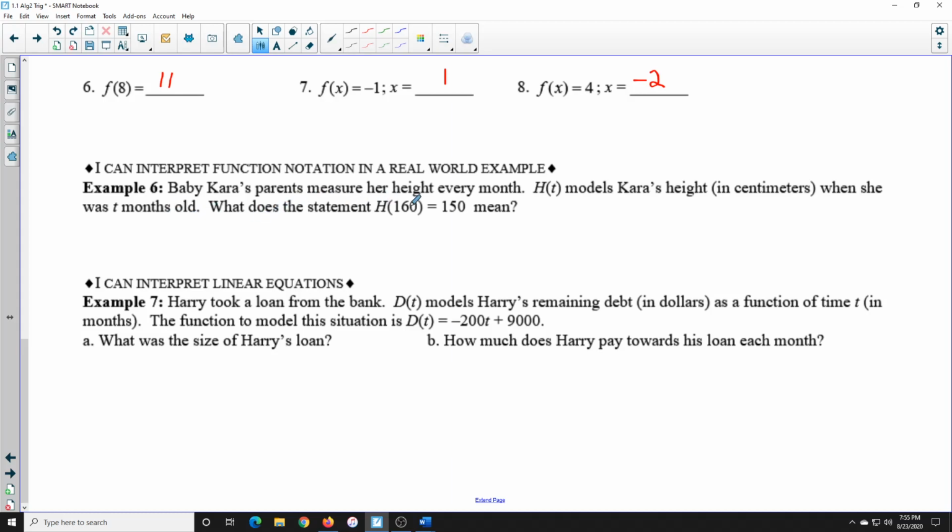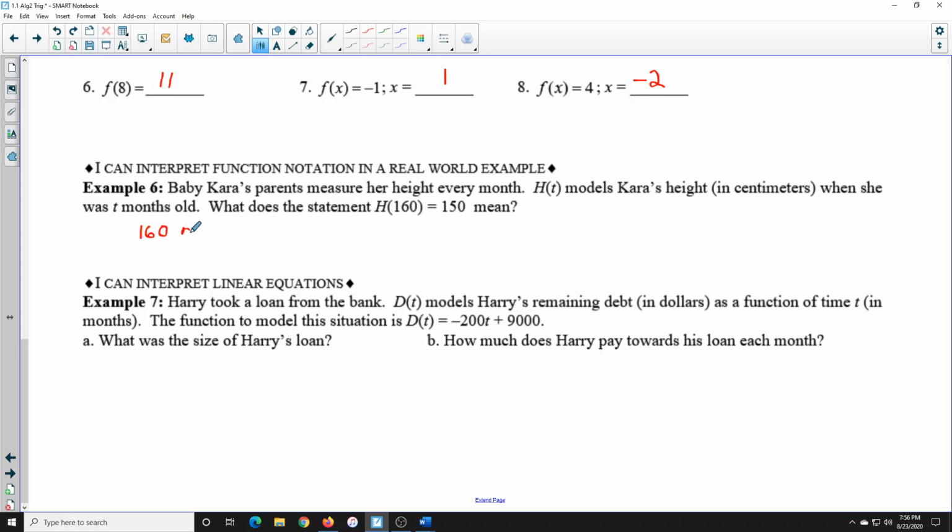Baby Kara's parents measure her height every month. H of t models Kara's height in centimeters when she was, sorry, not 10 months, t months old. What does the statement h of 160 equals 150 mean? Well, before we can start, we need to figure out what is what. So if we look at the given name, h of t, so t represents time, okay? So time, it tells us right there, t months old. So 160 is in the same spot as t, so we can say that that is